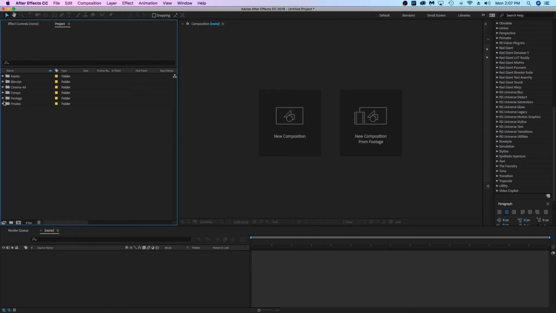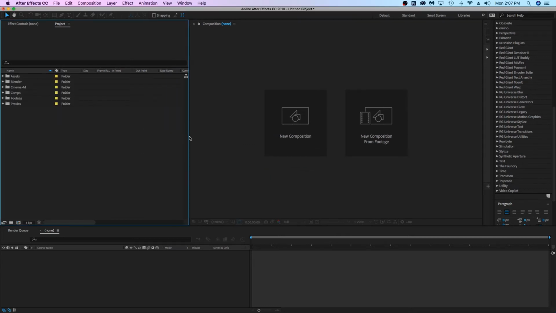These are folders that I constantly use: proxies, footage, my shot numbers, my Cinema 4D or Blender renders, and any 2D assets that I'll be using. And rather than having to create a new project and then coming in here, creating a bunch of folders and labeling it every single time, if there's a set amount of folders that you know you use, well, what you can do